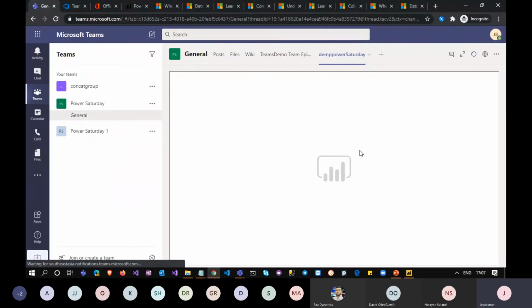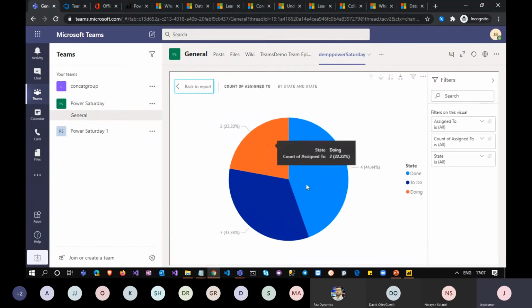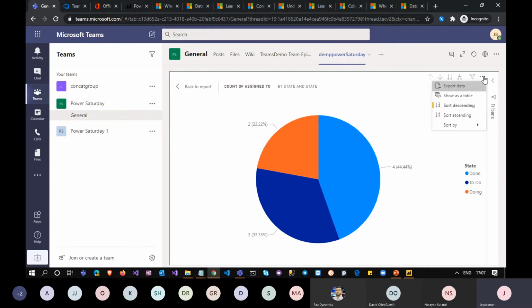Now if I refresh this, yeah, it's affected. Now we see that the state got updated, and you can have the filters right away from here, as you know by default, and you should be able to export the data. All these things you can do from here itself. Microsoft is protecting Teams collaboration, so everything you can get within Teams, you don't even need to go to any other system, even a Microsoft system like DevOps or Power BI. Everything you can get within Teams itself. That's the power of this Teams tabs integration.